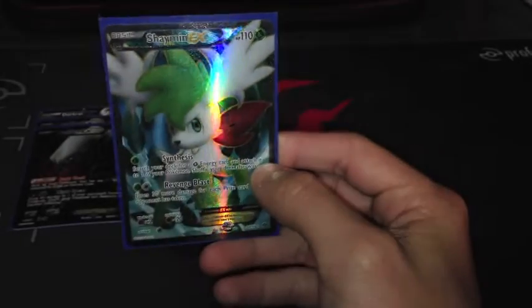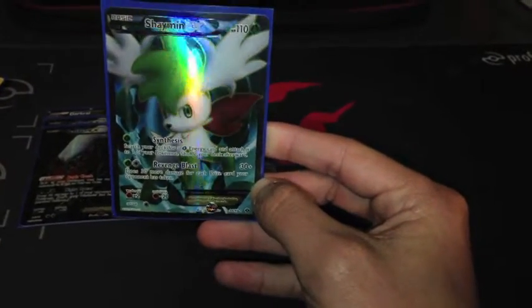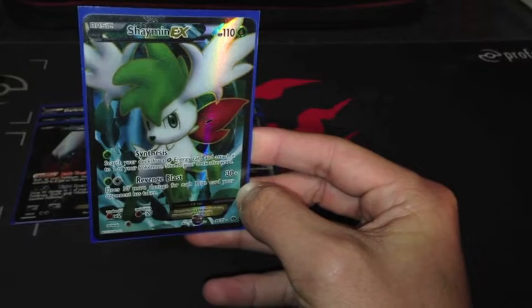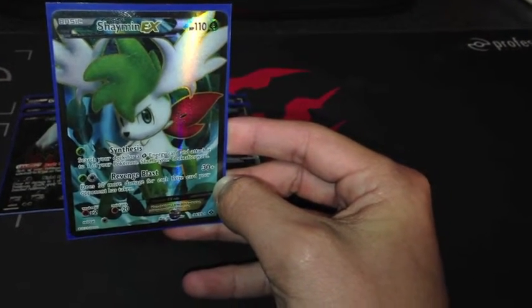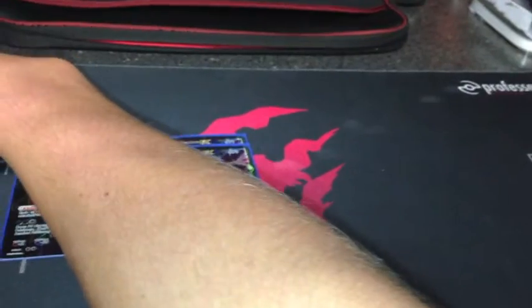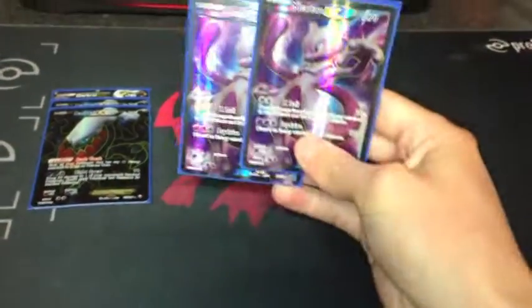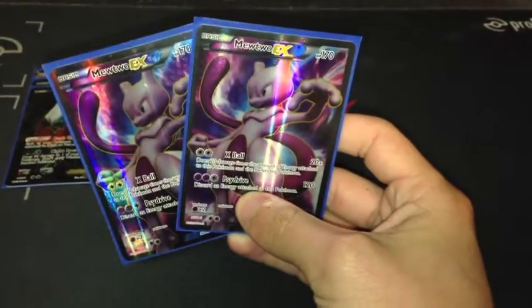I also run one Shaman. Shaman is pretty good for this deck because of Revenge Blast, a late game hitter. You can beat almost anything if your opponent has 1 prize left, and that is just really good. But it does have a low HP, so you have to make sure you play Shaman at the right time. So Shaman is really good, especially for this format. Not a lot of people realized that last format, but now he is just a monster for late game hitting,